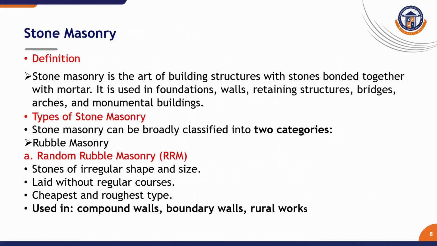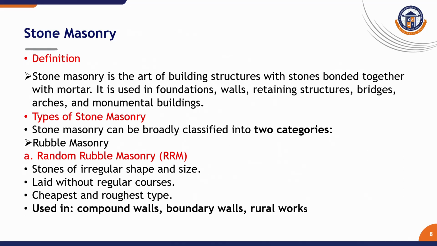The stone masonry is used below the subsurface, as it is strong and has more strength. The types of stone masonry are random rubble masonry and ashlar masonry. Rubble masonry is also divided into two categories. First one is RRM,